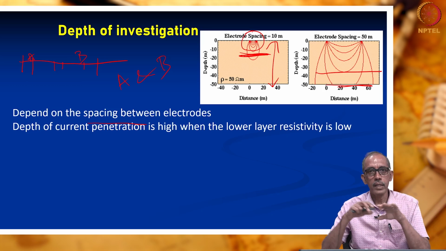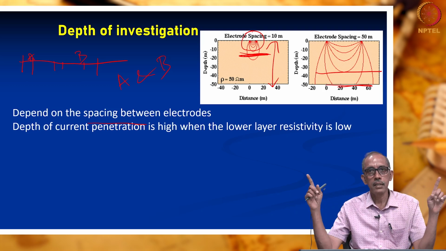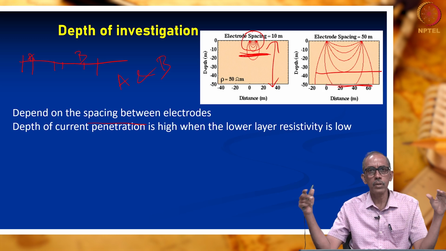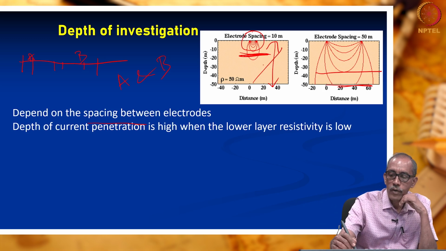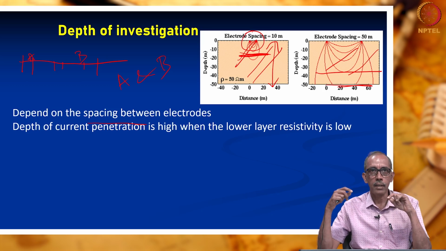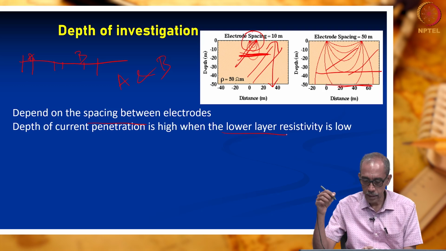So, just beneath the surface everywhere, if you have clay up to, let us say, up to 5 meters, whatever is the distance which you keep between the electrodes, the current will not go to the second layer at all, because first layer itself is a good conductor. So, current will not be able to go to greater depths. So, though here in this diagram we have seen the difference between the same layer, we are considering the same layer here. So, when you consider the same layer, certainly as you increase the electrode spacing, depth of penetration will increase, whereas it also depends on the resistivity of the layers at the bottom.